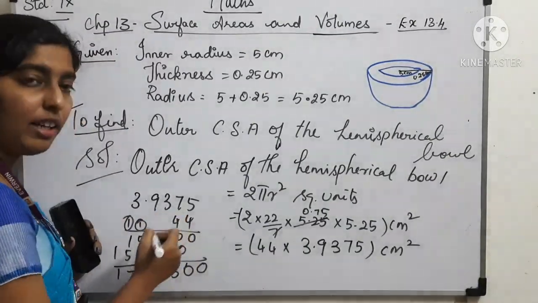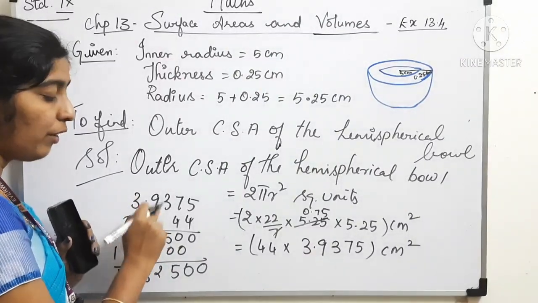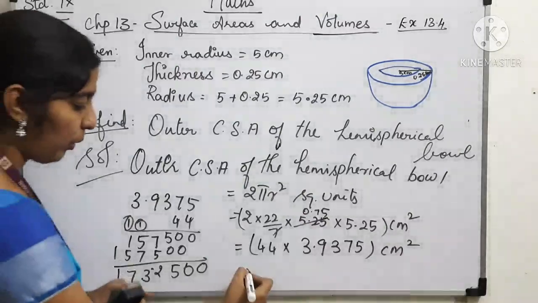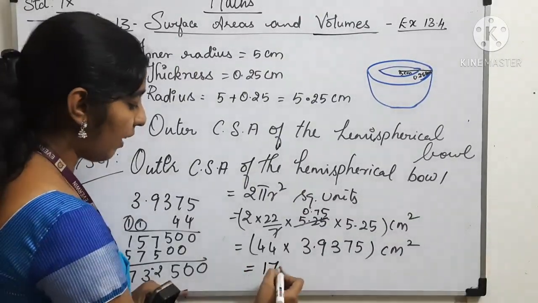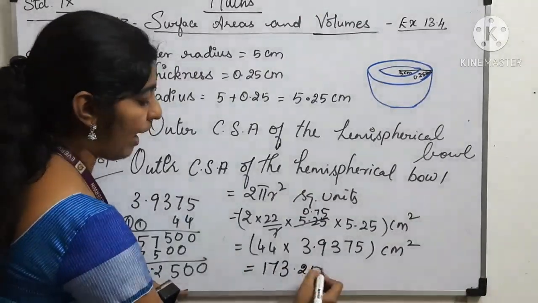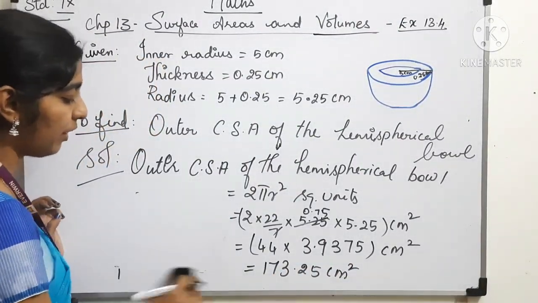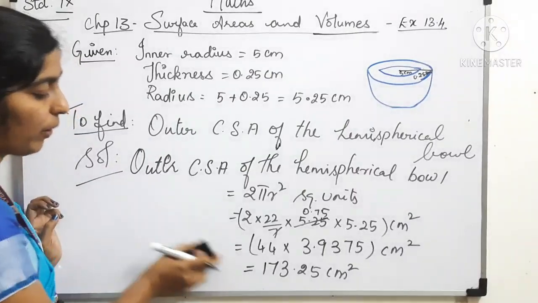So here we got 4 decimal places. From the back we have to place the decimal, which is equal to 173.25 centimeter square. Therefore, the outer curved surface area of the hemispherical bowl is